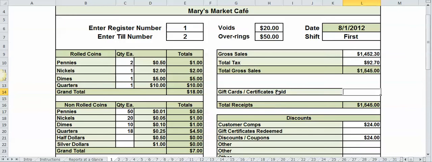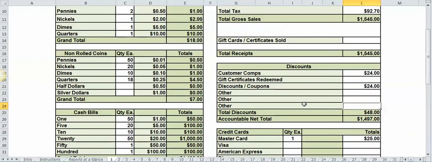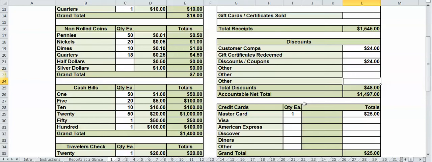You have your gift certificates sold. All cells that are in the white are for you to input information into. You got your discounts, customer comps, gift certificates redeemed, discounts and coupons, and we left 3 slots open for you, marked other. If you have something that's not on our sheet that you want to put in, just unprotect the page,